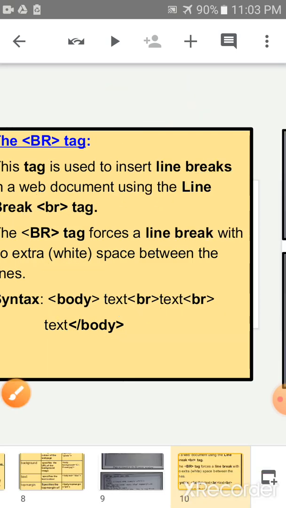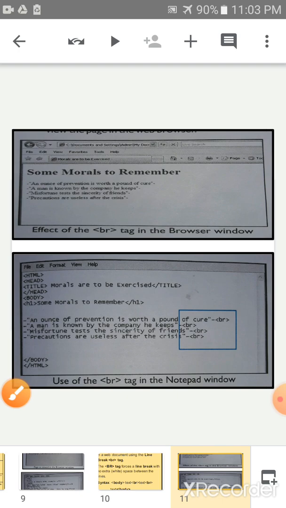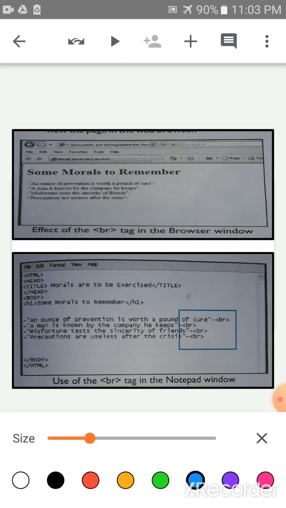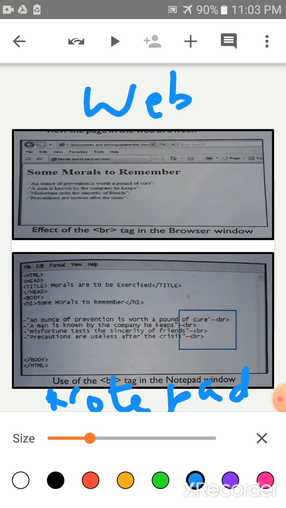Clear, children? Now children, look at the screen. Use of the BR tag in a notepad window. This is the notepad coding and this is a web page. We have to write the coding in a notepad, save it and go to the browser, any browser, either Chrome or Internet Explorer.